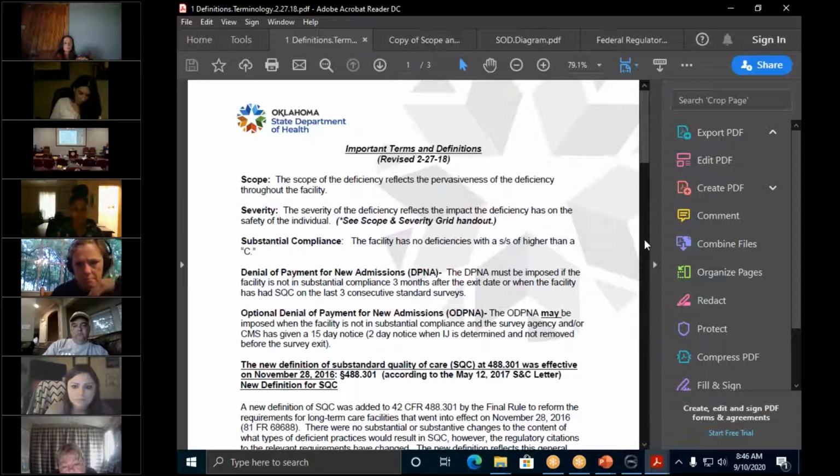Okay, here's how that works. There will be a hold placed on your payment for new admissions, because you may hit that date, but that's determined by the healthcare authority. They're the ones that will cut that off. We just report what that date is to them. What they're going to be looking for from us after that point is a date of compliance for your facility. So the sooner you get into compliance,